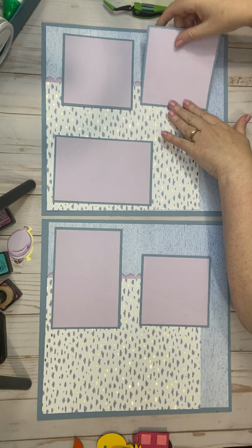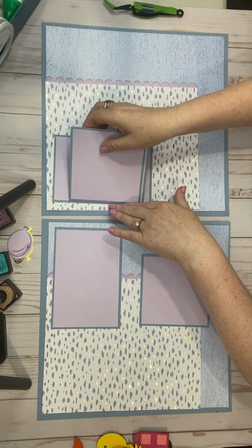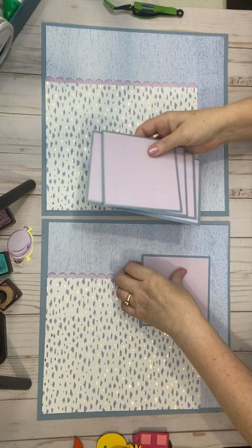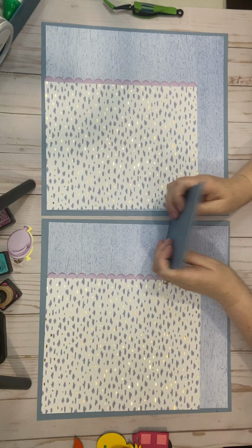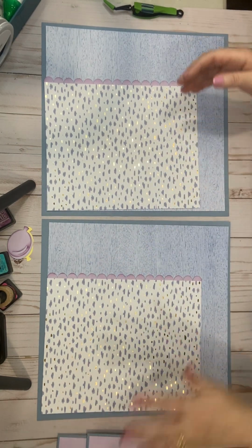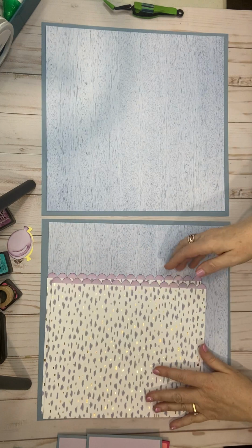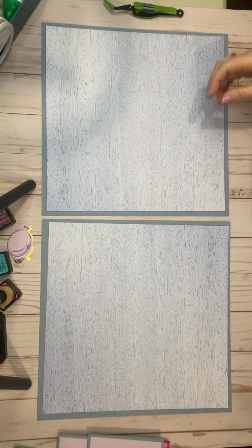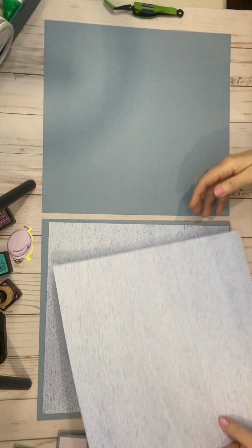Okay, so I'm gonna take these mats off as well. I did go ahead and glue my mats together just for the sake of time. So I'll remove this, and that gets us down to